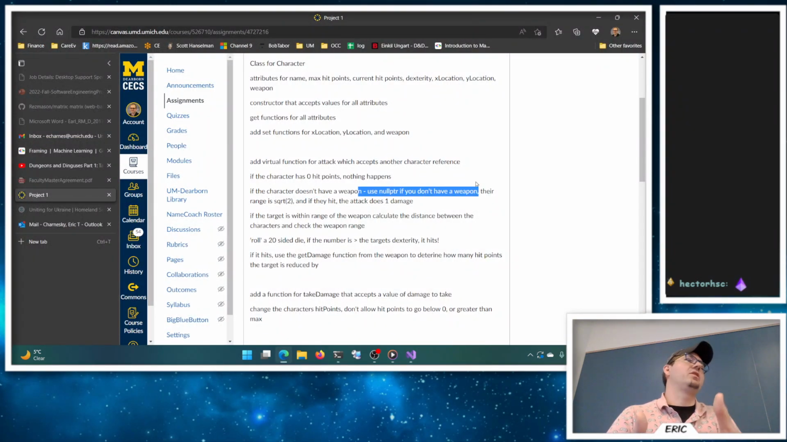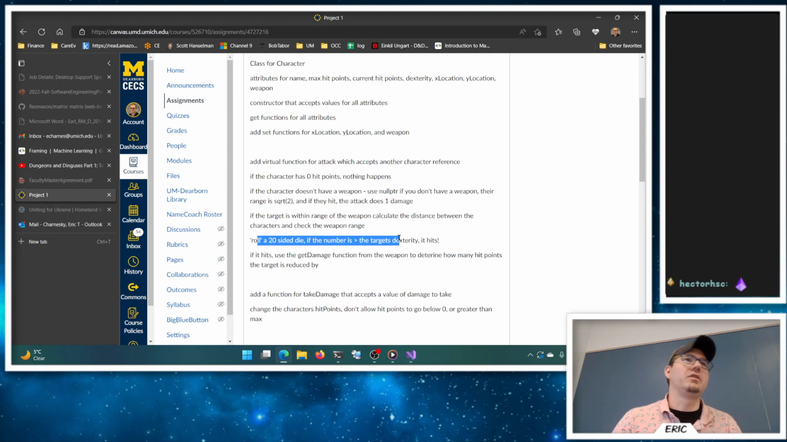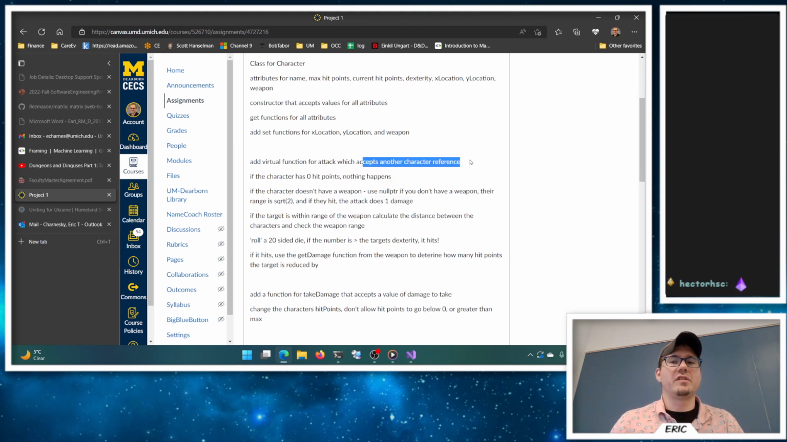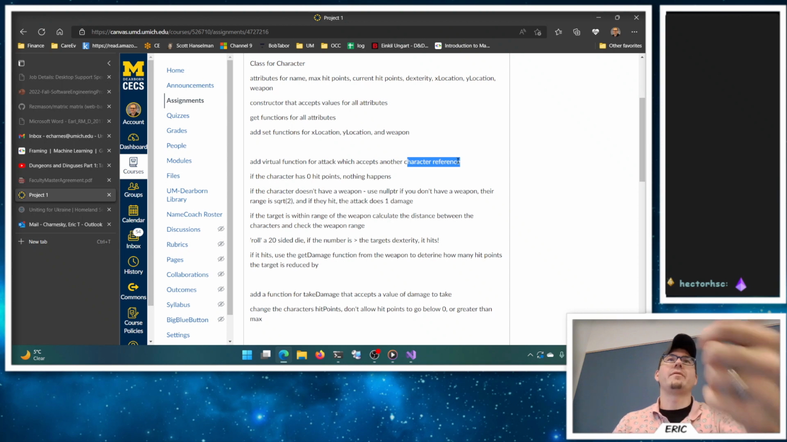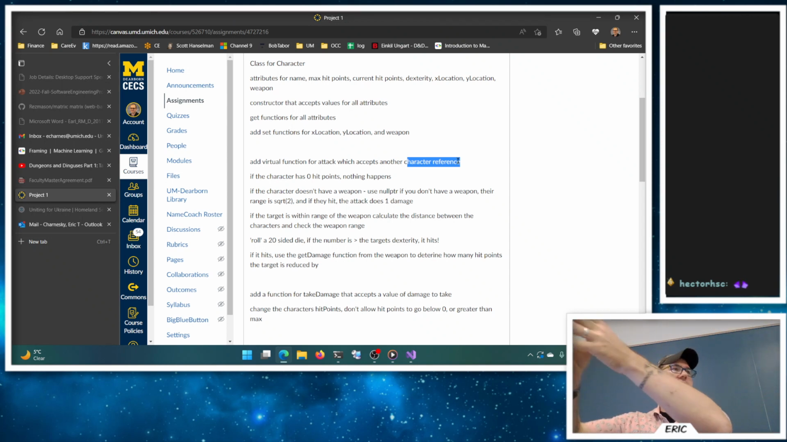So if we don't have a weapon, it's null pointer. We can say our range is square root of 2. Still, if we hit this, we roll a 20-sided die, which determines whether or not we hit the target, and then the attack does 1 damage. With that attack function, you're accepting another character to attack, right? The person who takes the damage is not you. It's not the this, it's the character reference you passed, right? I have a character, I'm calling the function attack on this character, giving it a character over here to attack. The character you're attacking is the one that takes the damage,